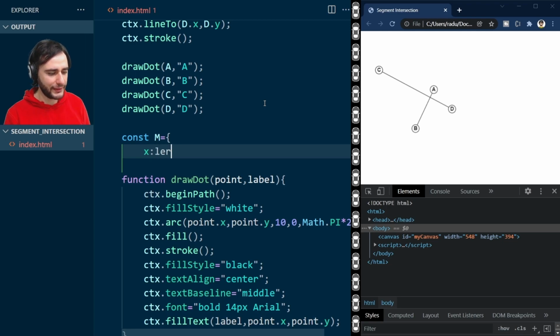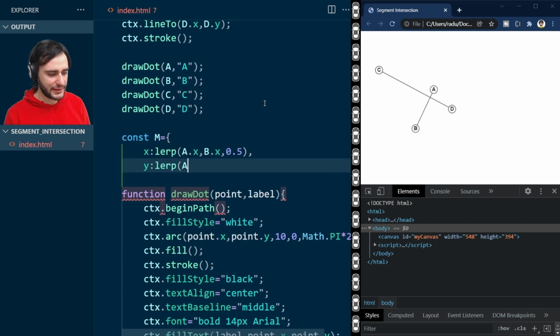So let me just write here linear interpolation, or lerp, from A.x to B.x at halfway, so 0.5, and same goes for the y coordinate,